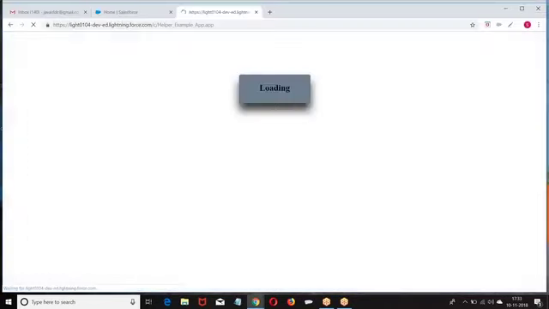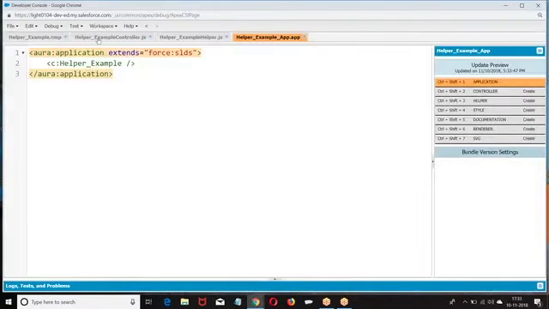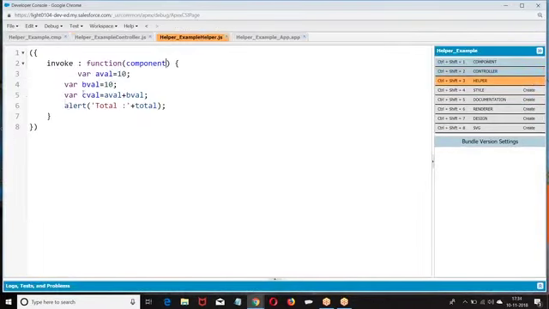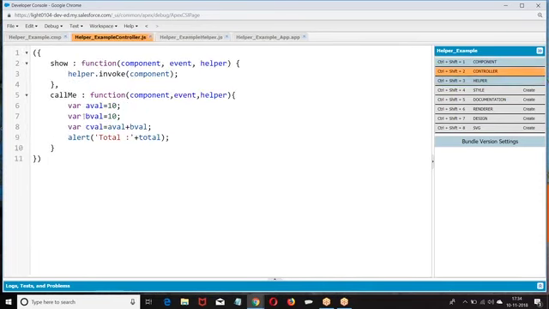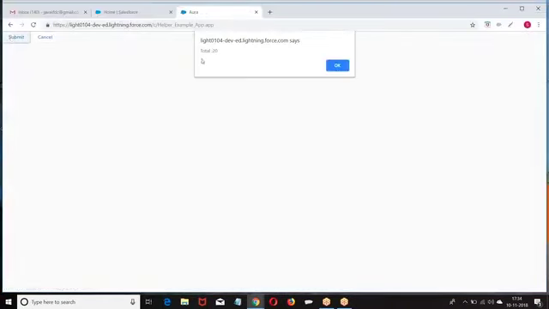Go to the app and have a preview. Just need to refresh it. Callme total is not defined. There is a bug with the JavaScript function. Total is not defined. I give c value. This is how we are getting total 20. Even if you click on this, the same value.